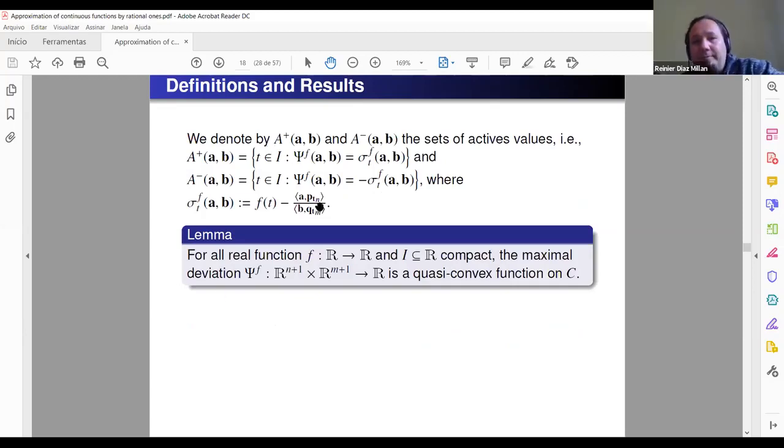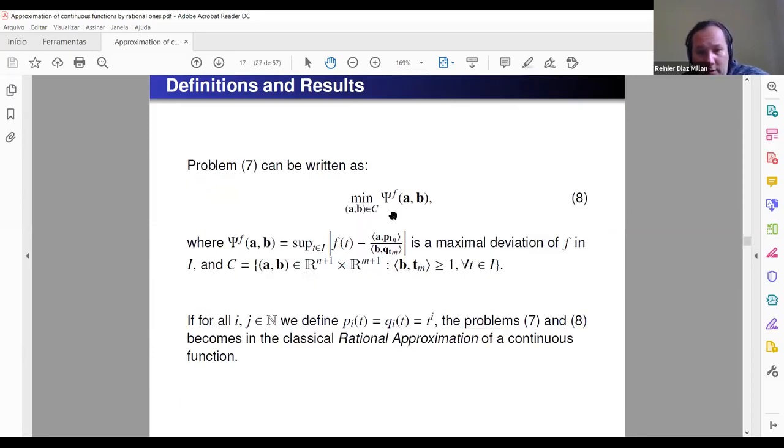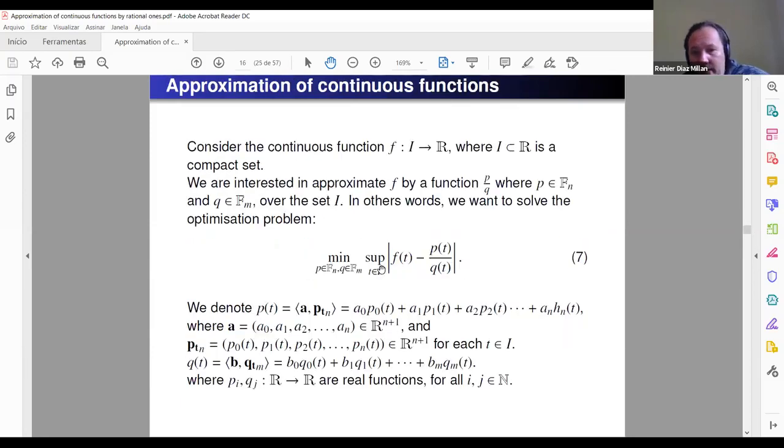If you don't take the infinity norm, but you take the norm 2, for example, it will be another problem. In equation 7, you take the minimum of the infinity norm of f minus a set of rational functions. So that's the norm infinity.